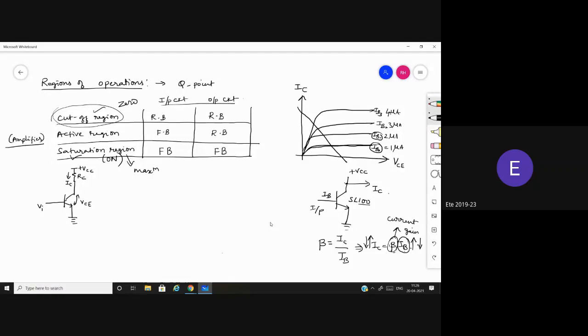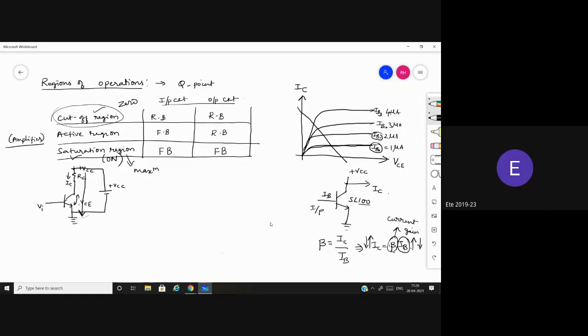Now, to plot this DC load line, we are going to apply KVL to this outermost loop. Can I make this plus VCC and this ground one complete loop? If this terminal is plus VCC, it is equivalent to this being plus and the other one being negative, connected to the ground. Connecting like this is similar to connecting plus VCC directly. Both are the same.